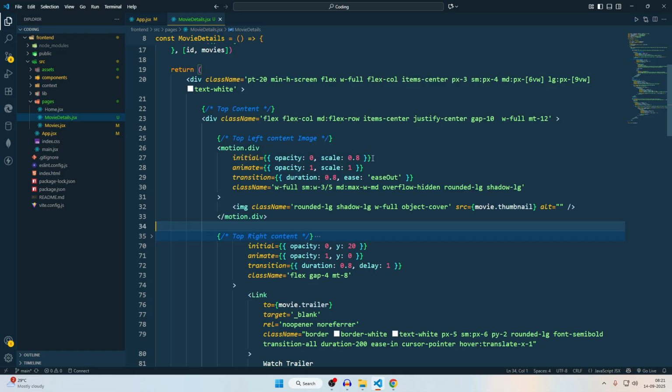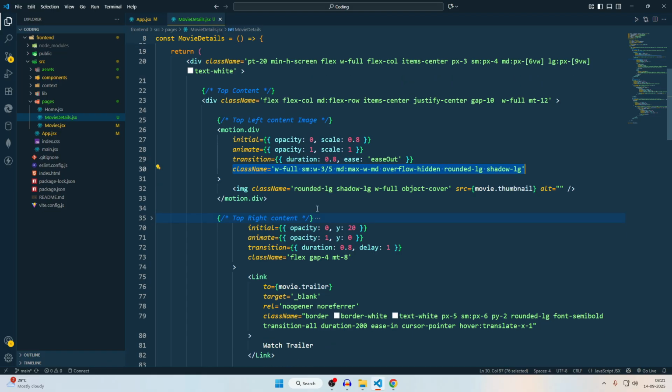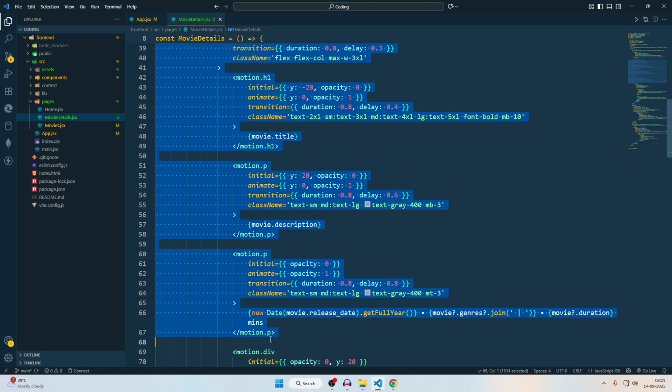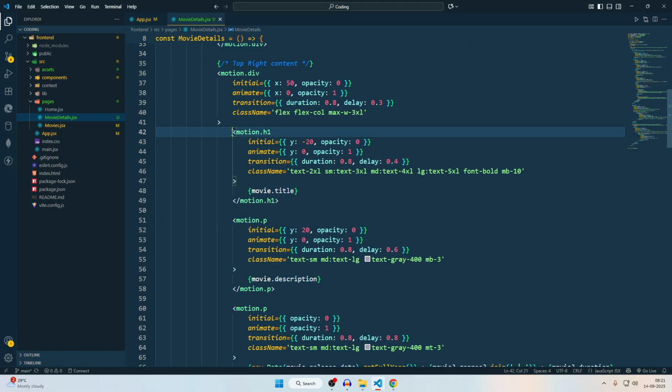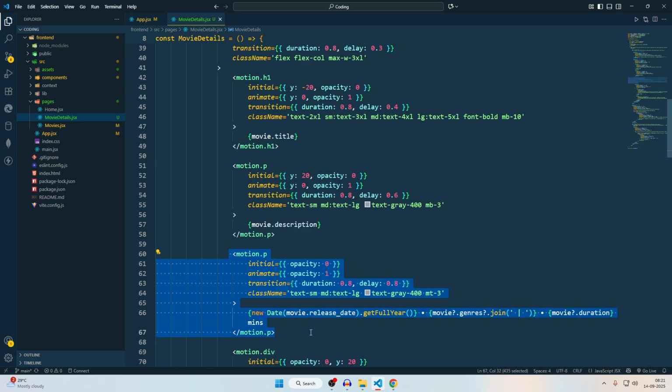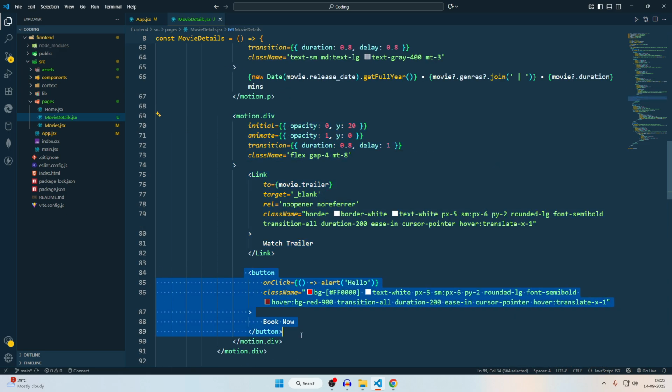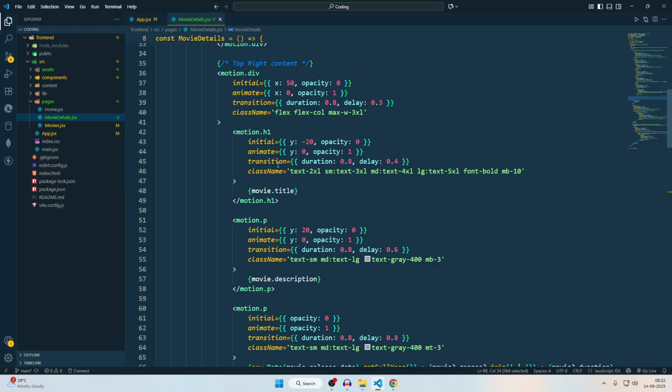It starts from 0.8, and after 0.8 second it will be in normal position, and then I have view classes for responsiveness. Then I have the top right section, and in this I have the heading, paragraph, movie description, watch trailer button, then book now button, and I have added animation in every tag.